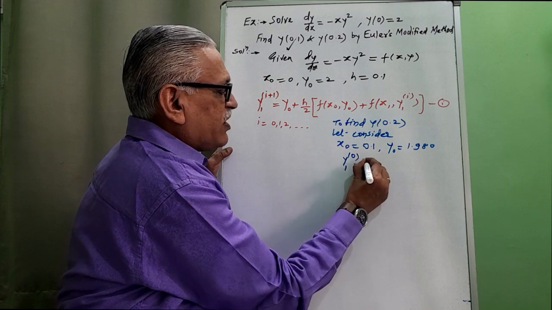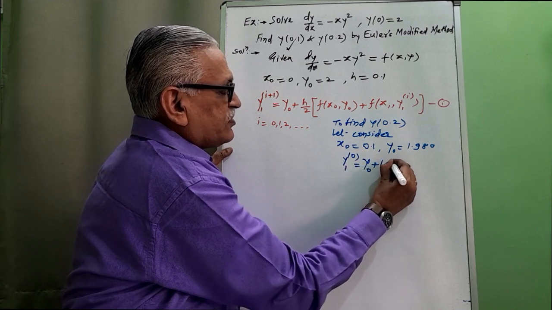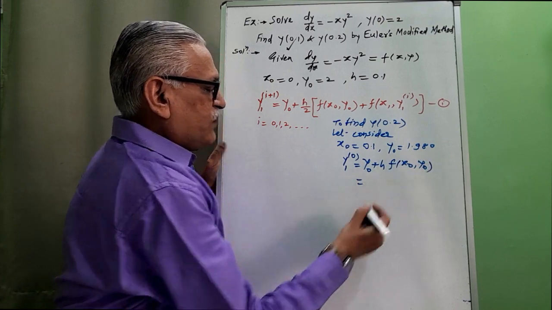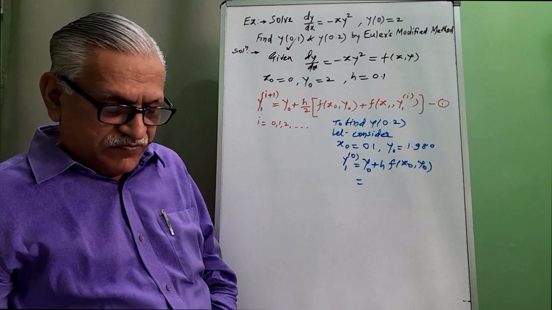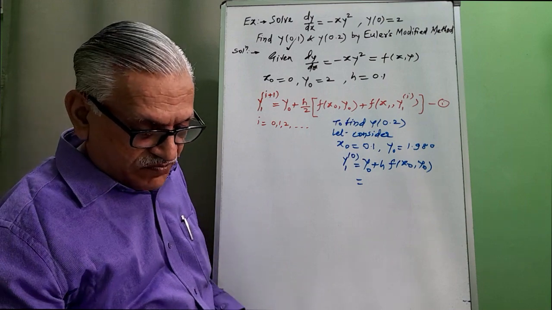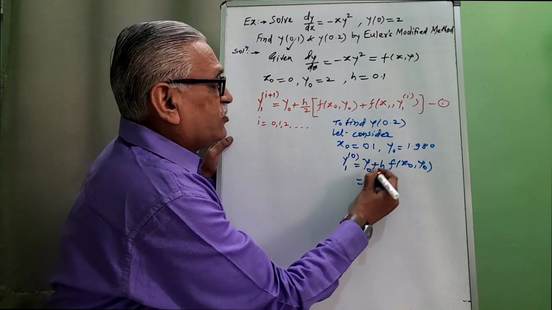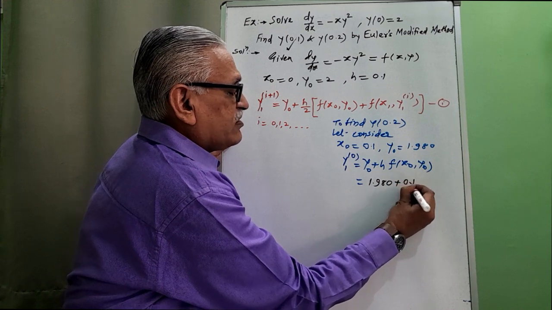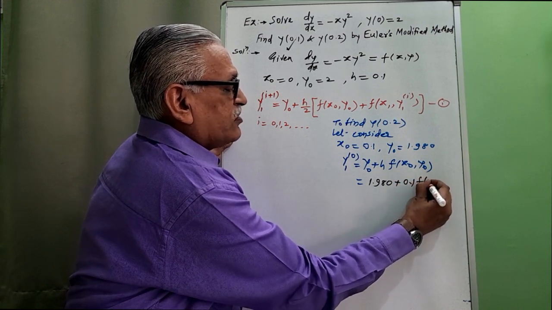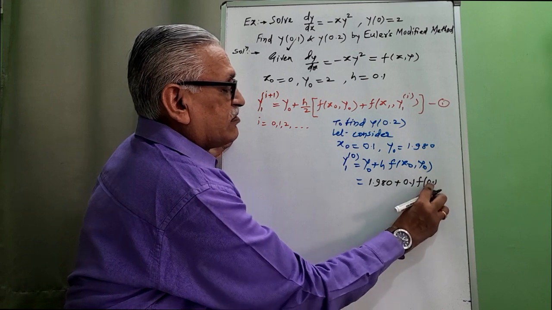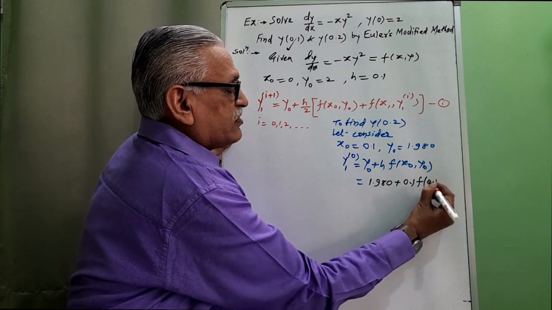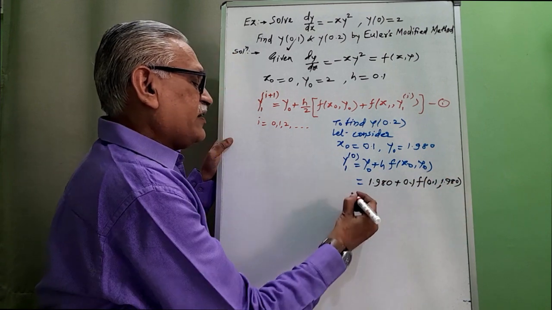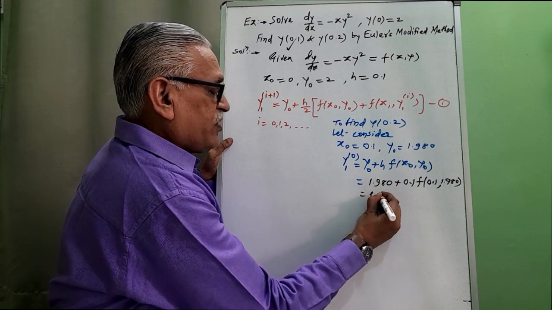y1 superscript 0 is equal to y0 plus h f of x0 y0, and therefore we have y0 is 1.980, h is 0.1, f of x0 is 0.1 and the corresponding y0 is 1.980, and therefore that value is 1.980